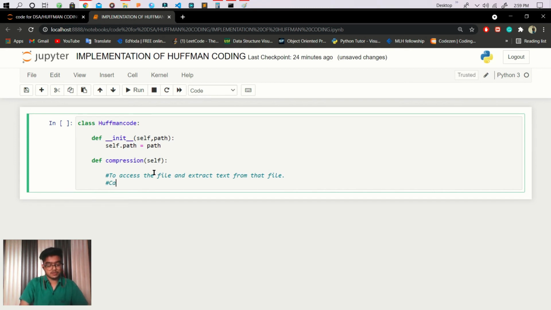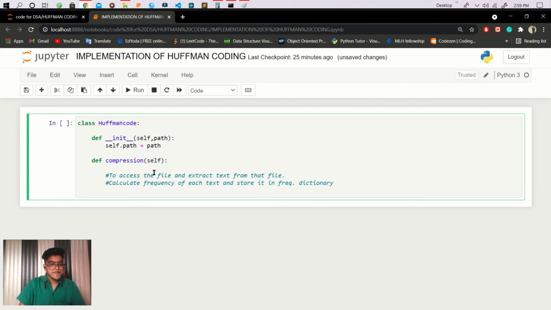So what we are doing so far: calculate the frequency of each character and store it in a frequency dictionary. Okay, now we have our frequency dictionary.